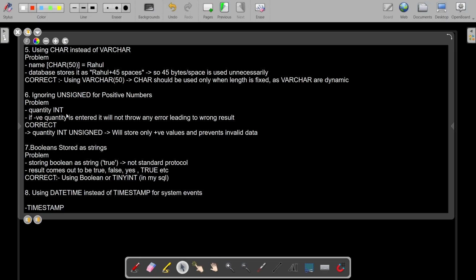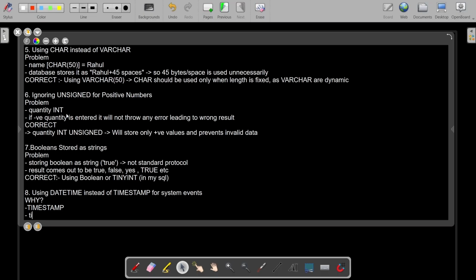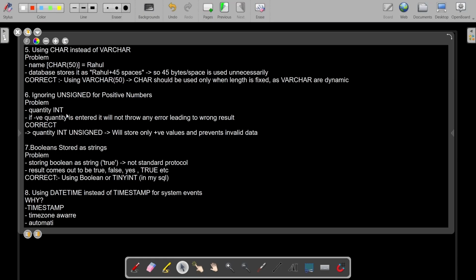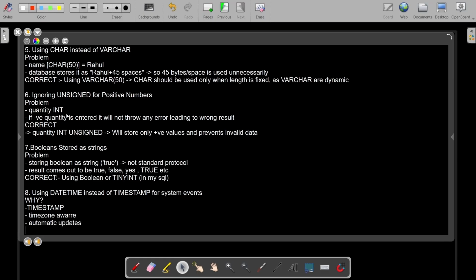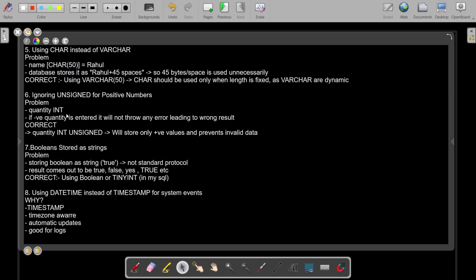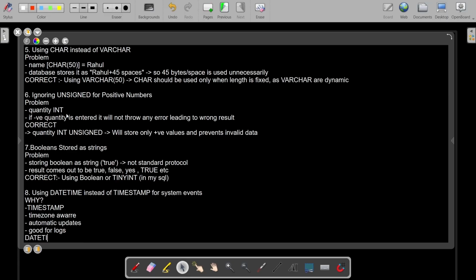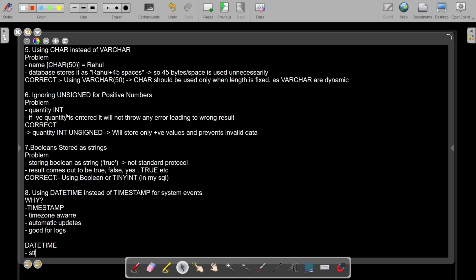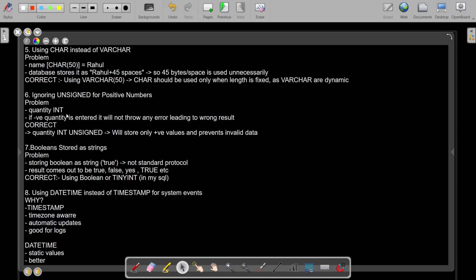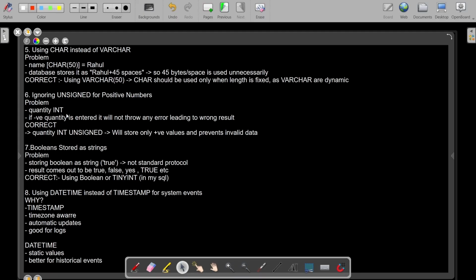So I will just write it as why, because timestamp is time zone aware, with automatic updates, good for logs, okay, and date time is for static values, better for historical events. Fine. There remains one more,